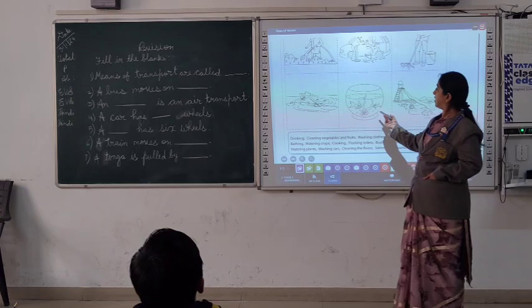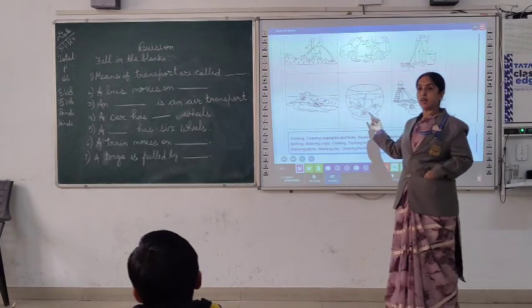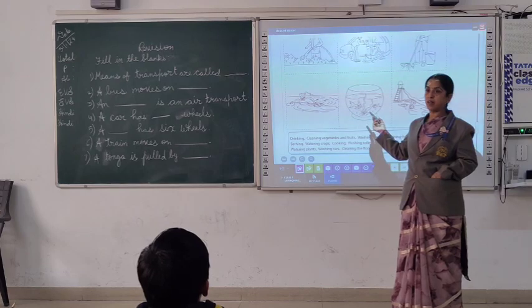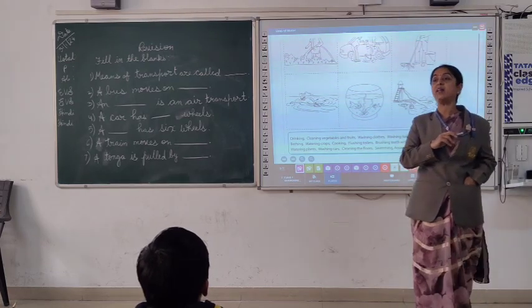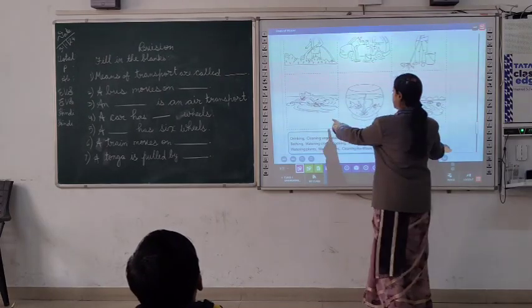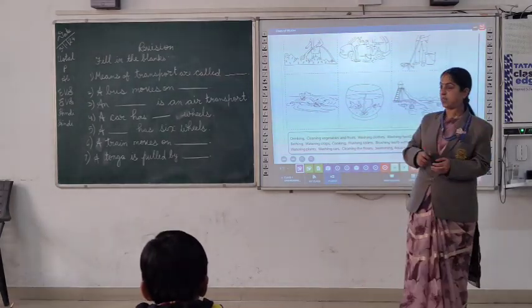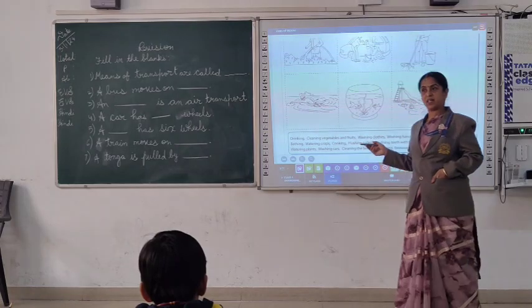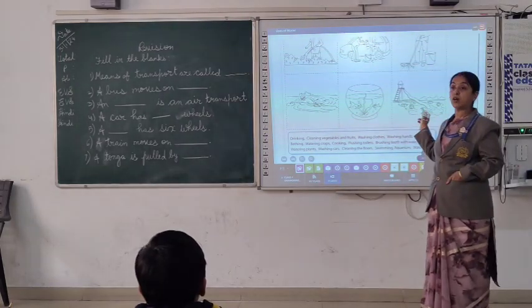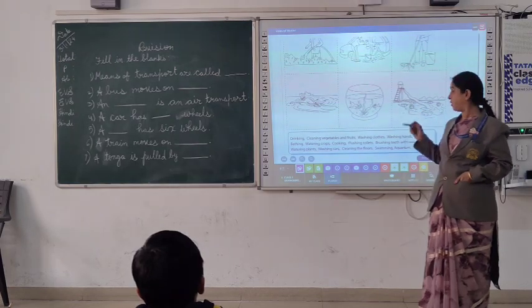And you can see these water animals. They also need water to survive. You know that fish cannot live without water. And these two things are for our entertainment. Swimming is a very good exercise, you know that, and a swimming pool also needs water. Then only it can work.